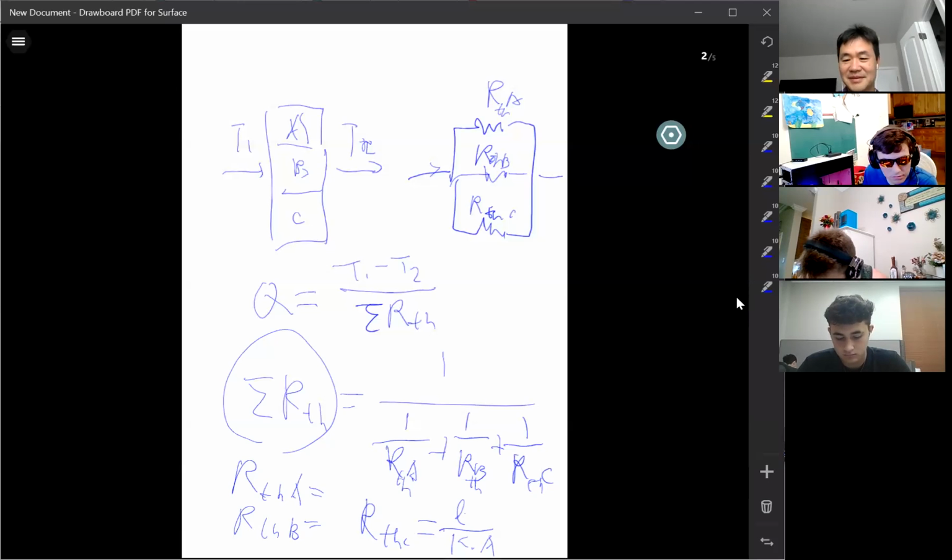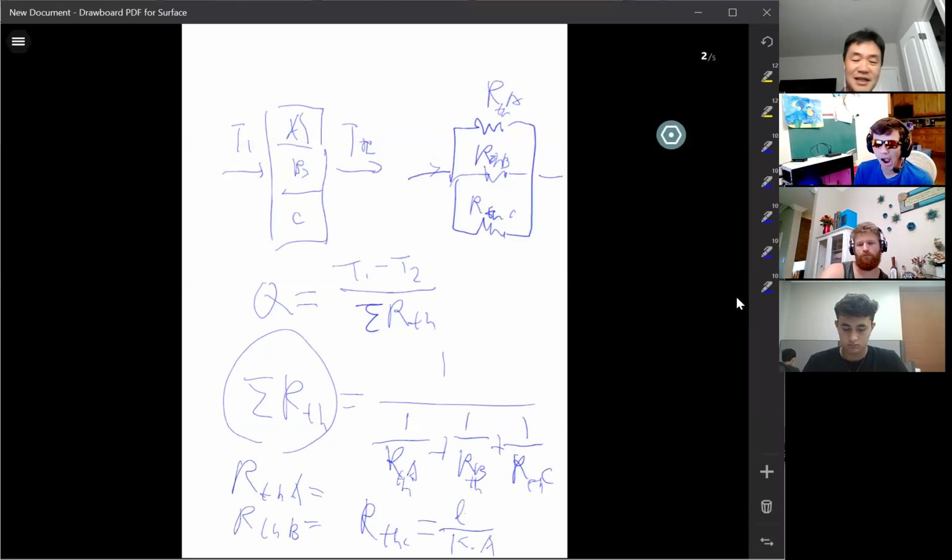Does that make sense? Is that good? This is nothing new here. The parallel setup is new to you, but the idea of the thermal resistance is nothing new. It's just a transformation of the equation, making the equation look different. But in practical application, you will probably feel it's a little bit easier by doing this. Plus, for the parallel problem, previously it was maybe very difficult to do, and now we can easily do it. So is that good? That's the key of the first part of chapter 2.